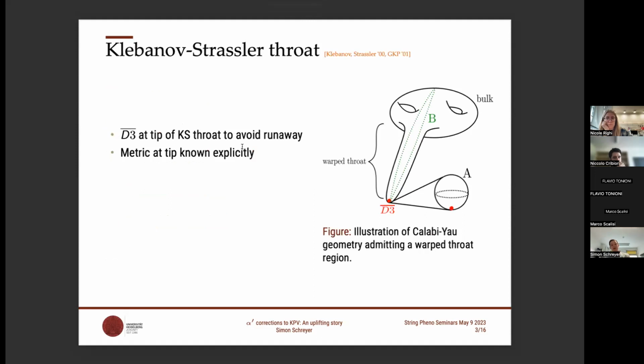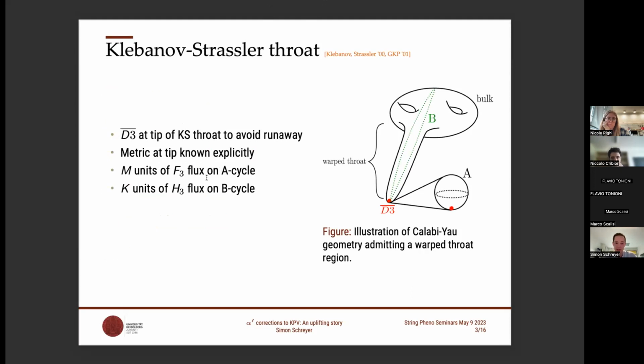Okay, so the Klebanov-Strassler throat is used for the uplift using the anti-3-brane to avoid a runaway of the volume modulus and to decrease the positive contribution to the vacuum energy. One feature of this throat is that its metric is known explicitly, and the throat can be described by